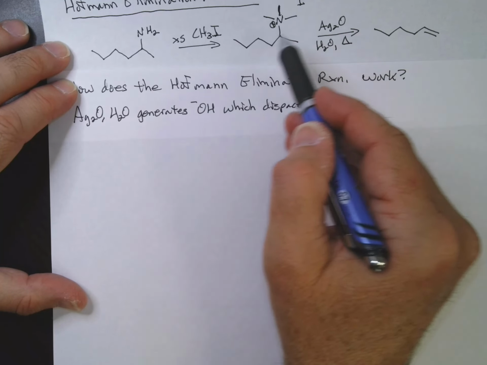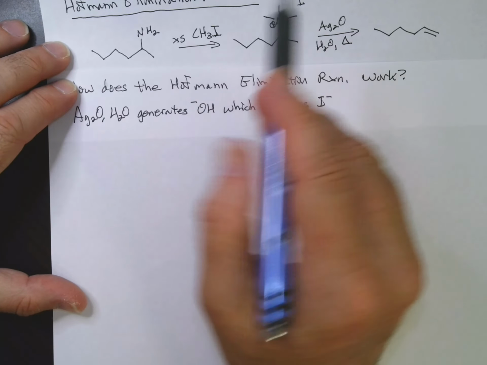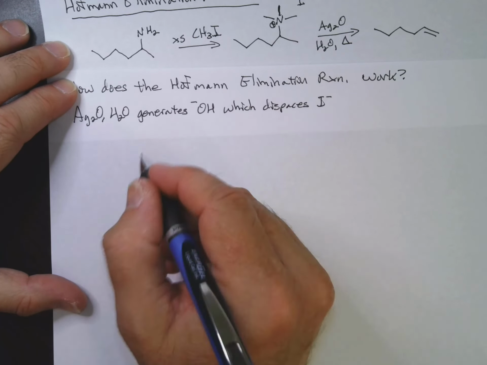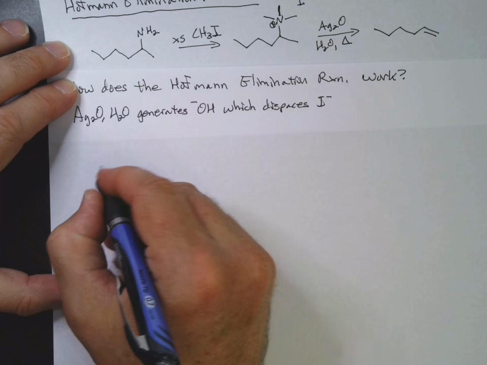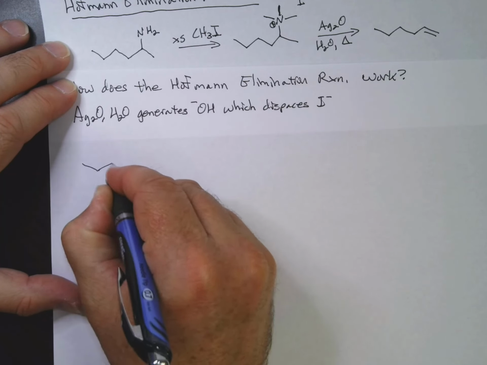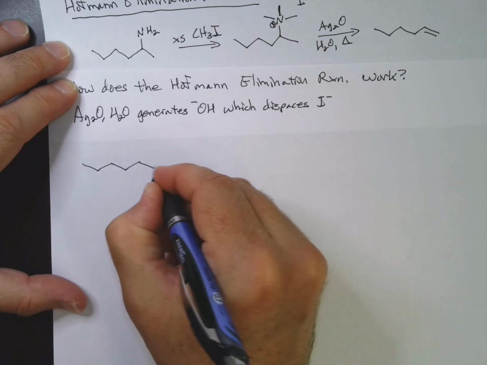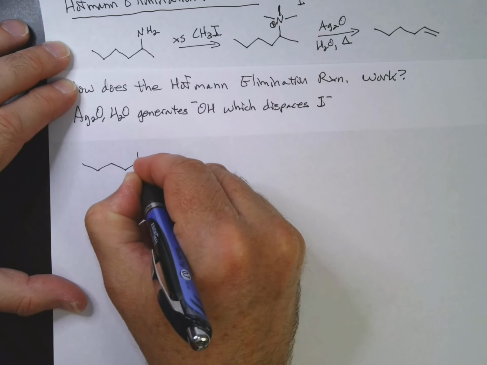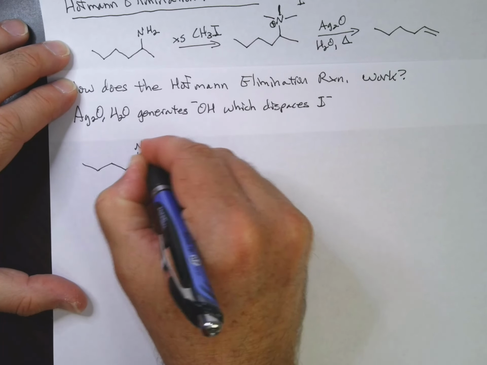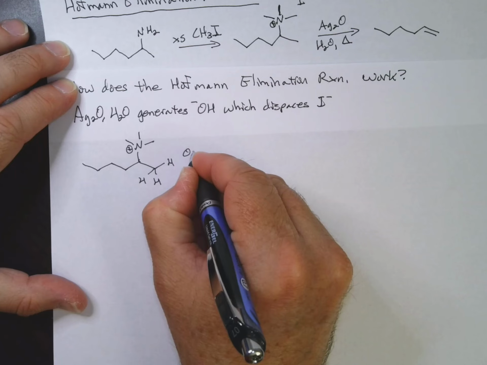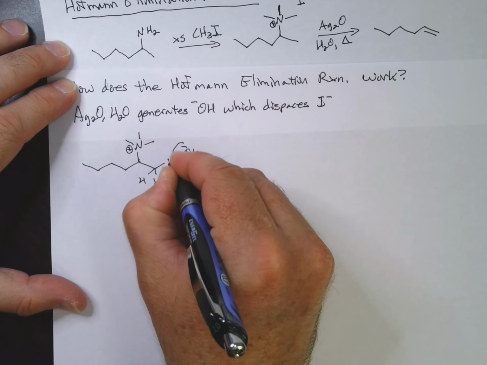Meanwhile, we end up with OH minus, and the OH minus is actually in position to go ahead and do a Hofmann elimination here. So if I go ahead and put in some H's here, and then I've got my N positive charge there, my OH minus here can come along